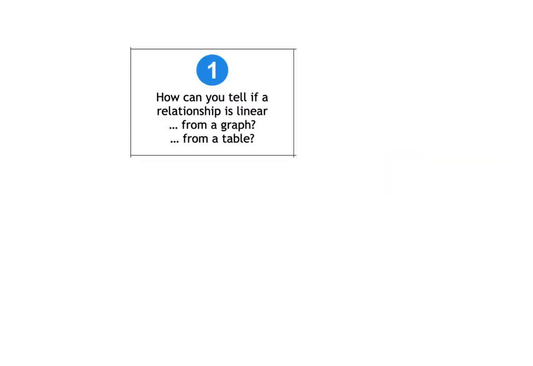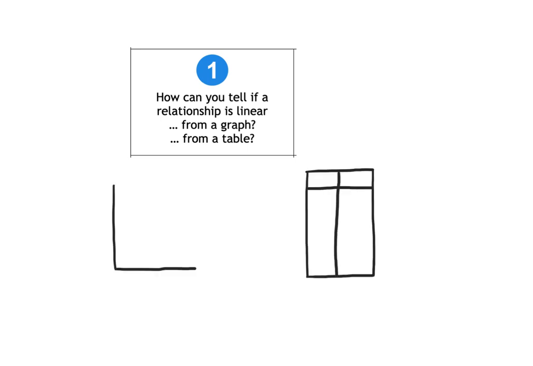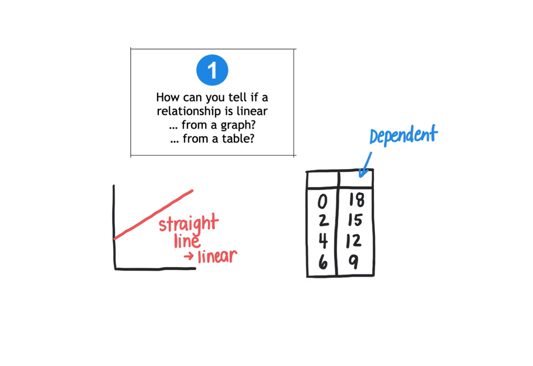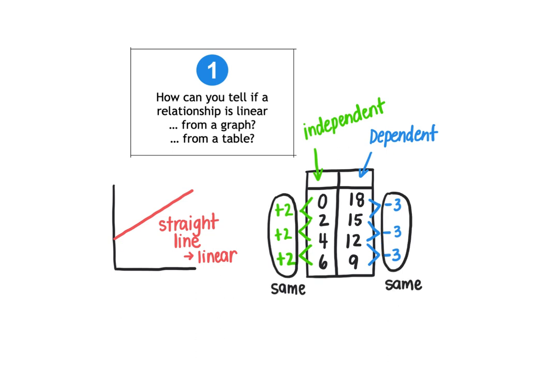This first question asks us how we can tell if a relationship is linear from looking at a graph or from looking at a table. When we're looking at a graph, we can see if it's a linear relationship because the graph will show a straight line. If we're looking at a table, we'll have to do a little bit more calculating or digging to determine if it's linear. We'll need to look at how the dependent side is changing and how the independent side is changing. If there's a consistent increase or decrease in each of the sides of the table, then we'll know